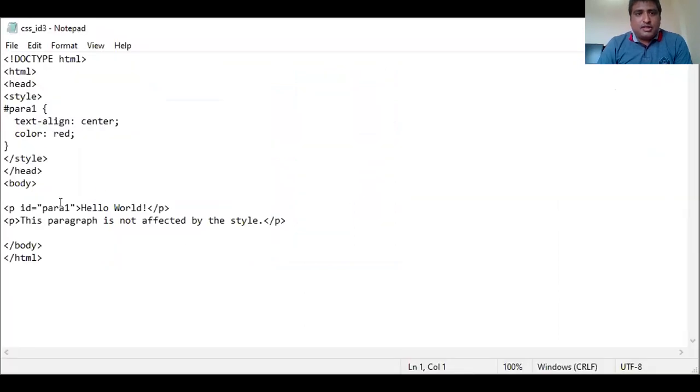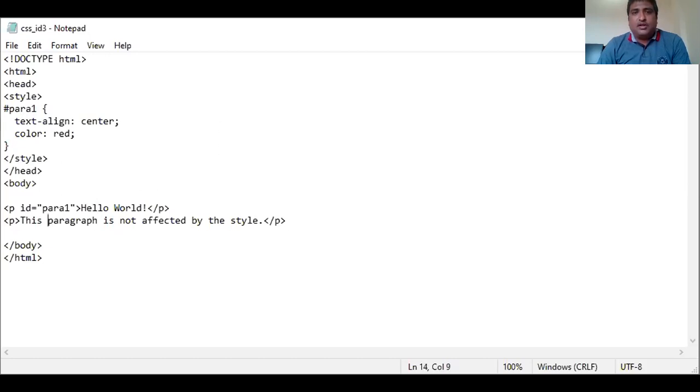So this is an example of ID. We add the style properties in the head tag. The ID is specified with the hashtag, para1, text-align center, color equal to red, and here we write the ID for it. So it will be applicable for this one only, not for this other p tag.